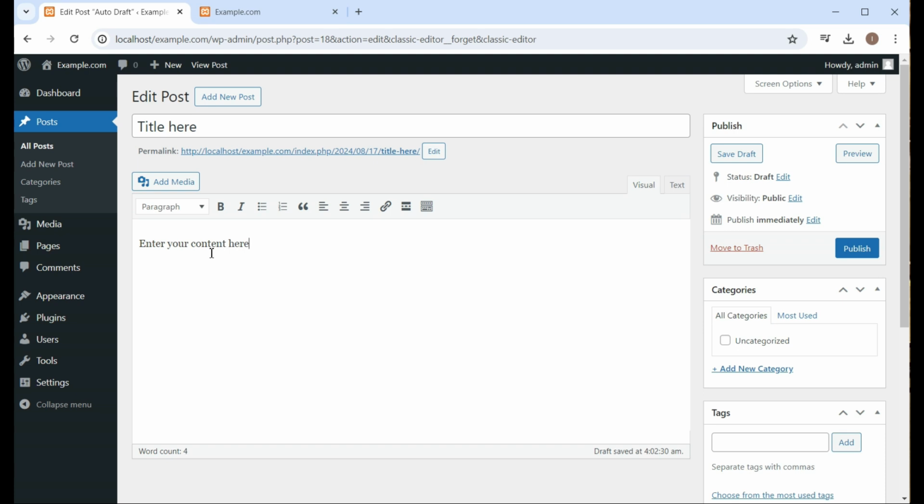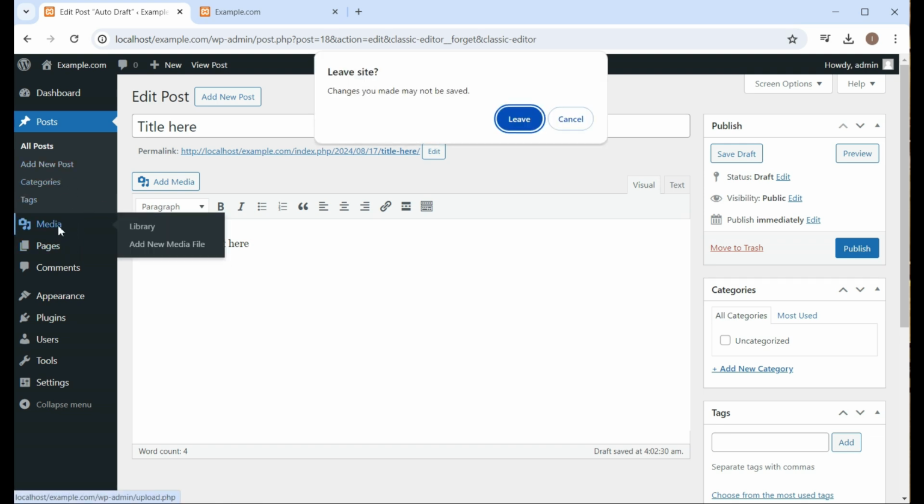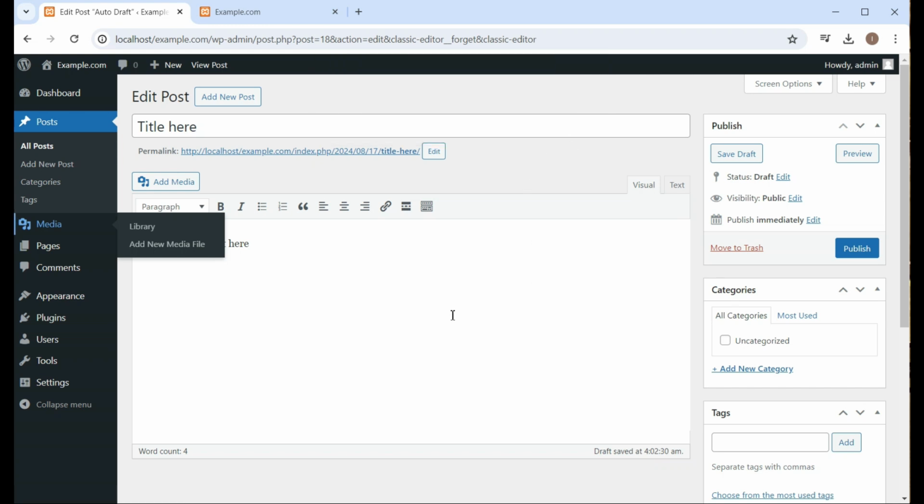You can see it is like a word processor, and you can add images by clicking on add media. You can add images, which opens up the media library, and from the media library we can upload images, videos, PDFs and any other documents or resources that you want to make available to your visitors.